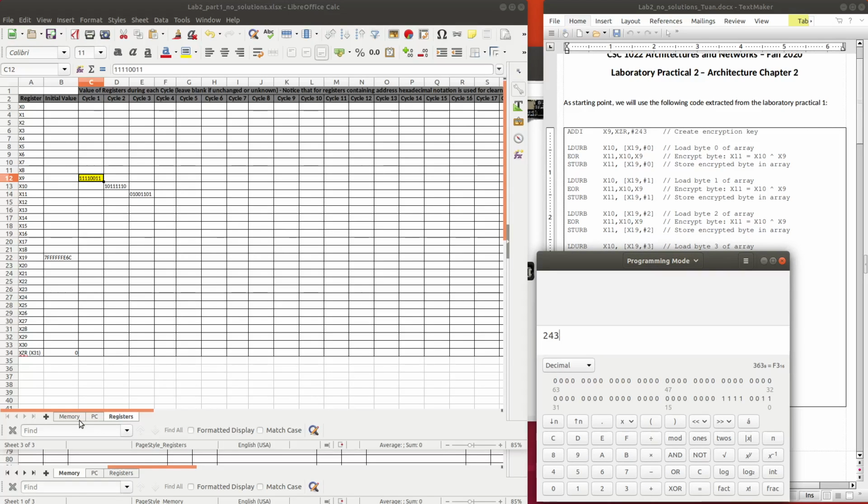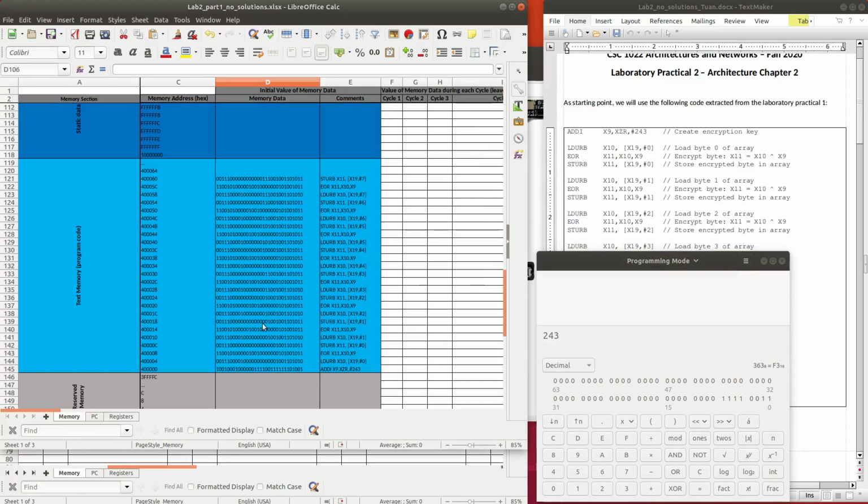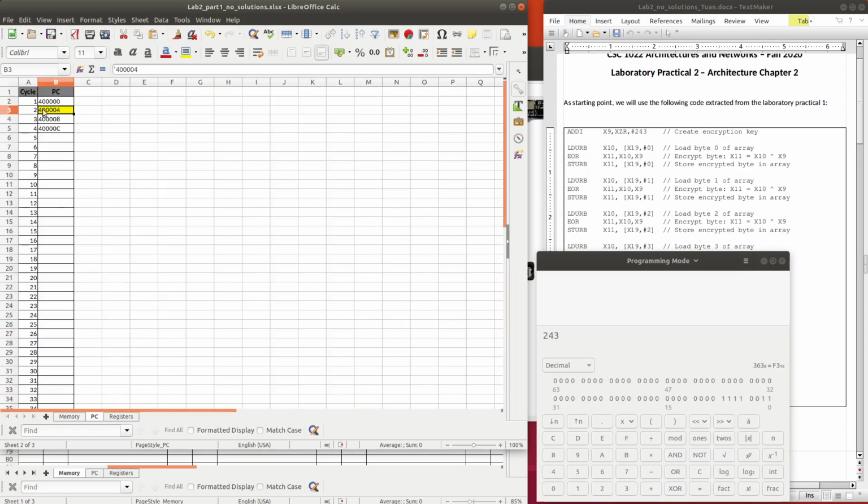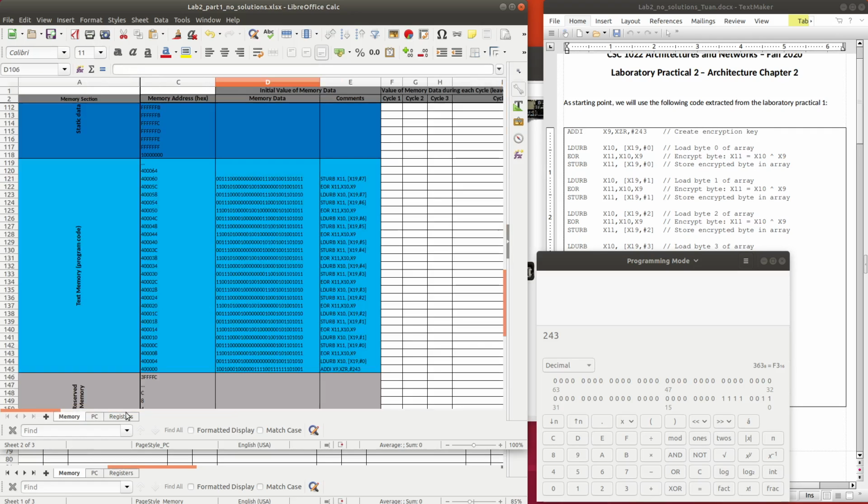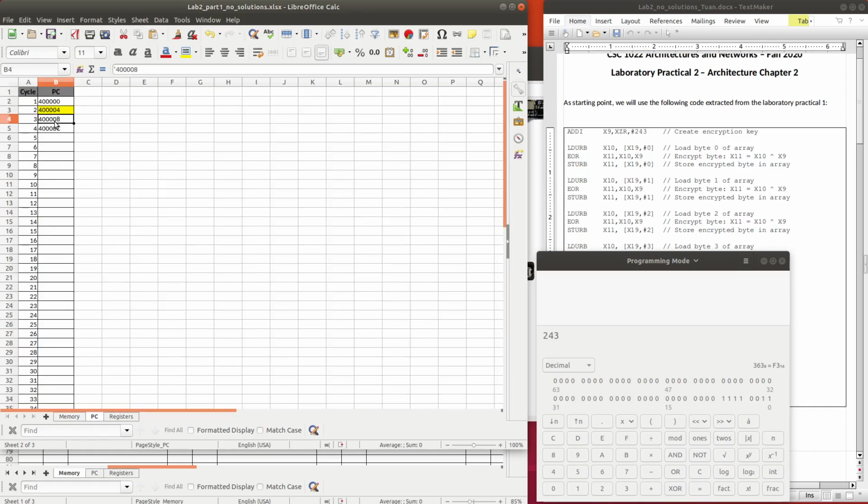Well, the thing is a little bit more complex for the second instruction. You know that now the value in PC is 40004. So at the second circle, the instruction at 40004 will be loaded to CPU for execution. PC will automatically add 4 and change to 40008, and so here PC is 40008 for the third circle.